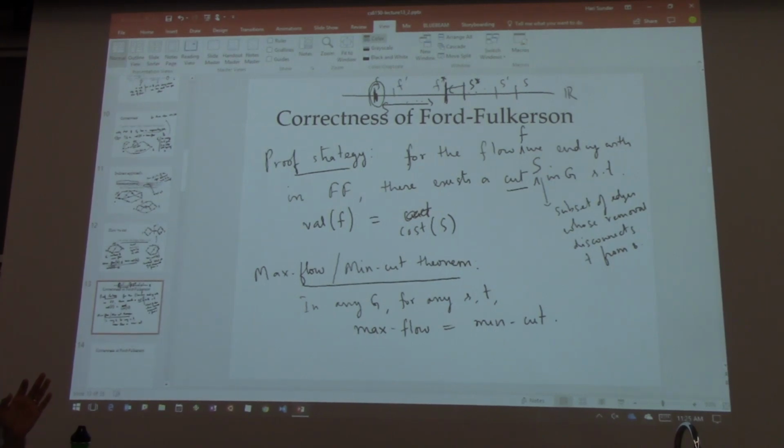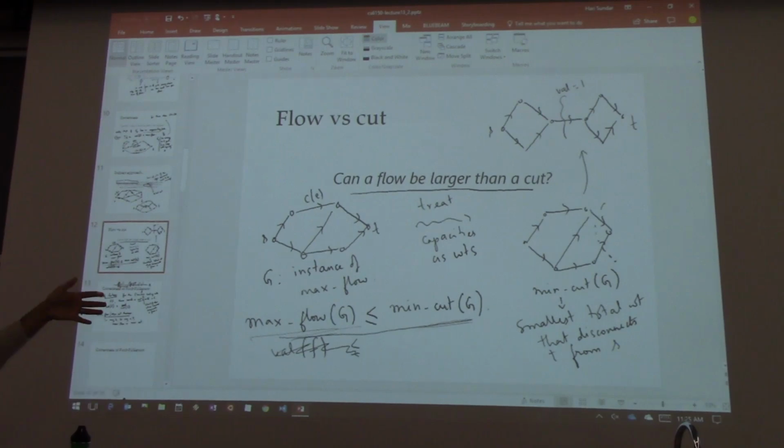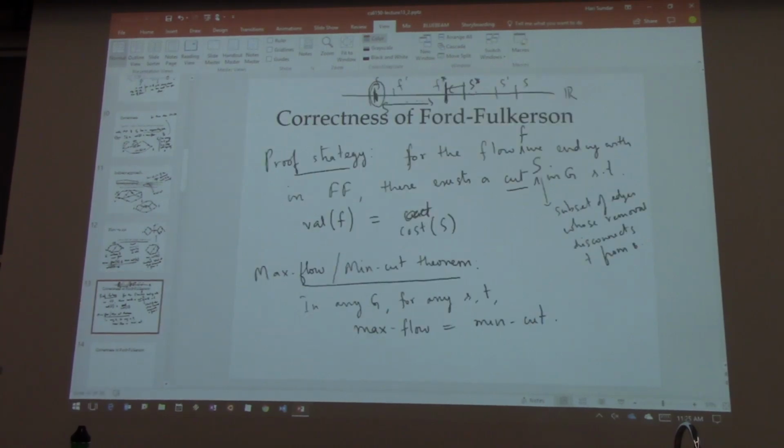I'm going to somehow prove to you that the endpoint of this Ford-Fulkerson algorithm, the F that you end up with, has some cut associated with it, such that the value of the flow is equal to the value of the cut. And that will show, because any flow is less than or equal to any cut, that this is actually the max flow, and in fact in the graph the max flow is equal to the min cut. Okay, so that's why this is a nice way of showing things. That's why I was saying it's very nice the first time you see it. Okay, so I'm going to pause here. We still need to prove this.